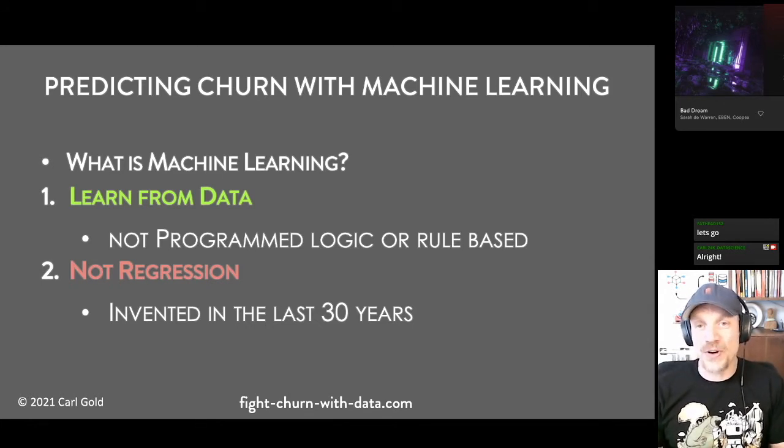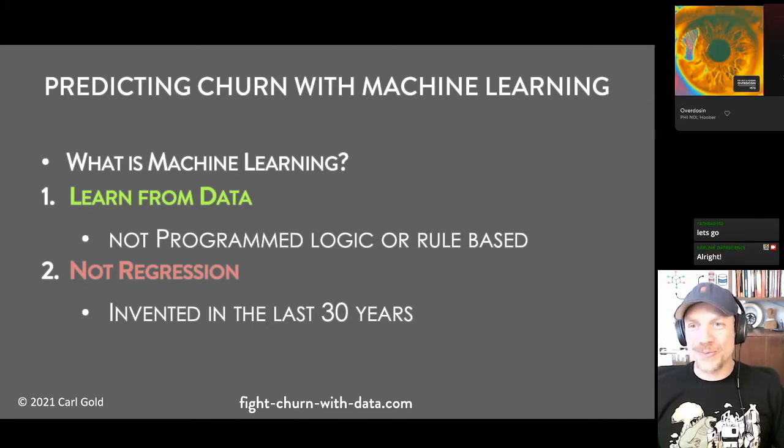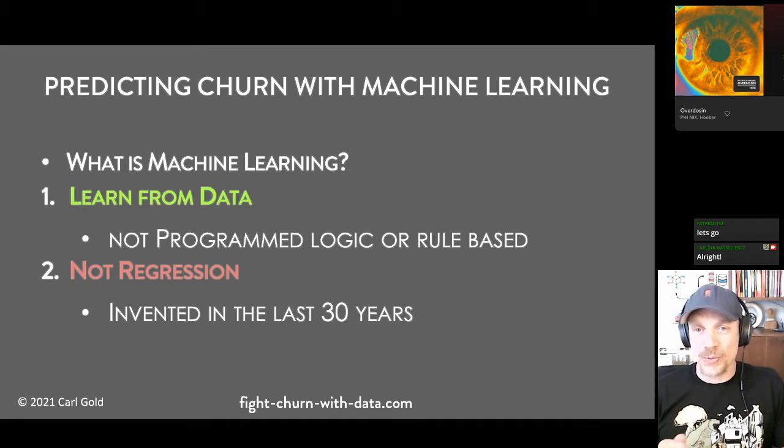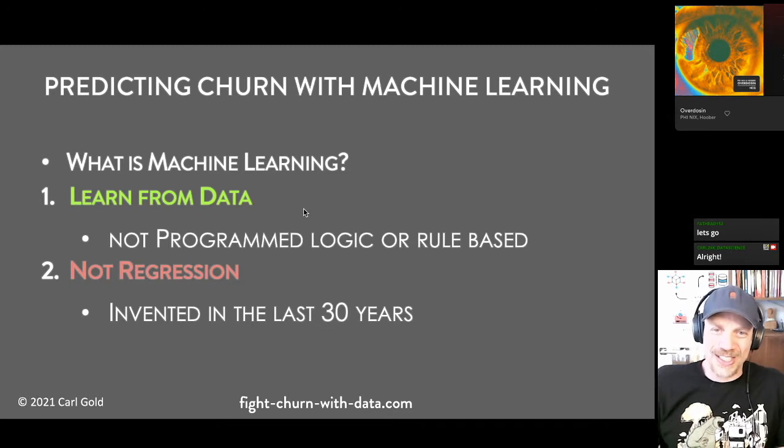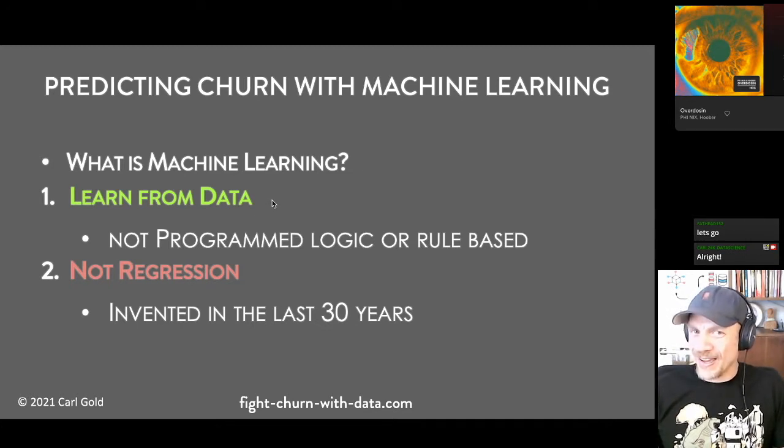Logistic regression has been around for decades. Even the version of logistic regression that I taught in the stream, which is ridge regression, that's a more recent and advanced kind of regression. But it also, I believe, is around 50 years old. Now, XGBoost, I think, is just around 10 years old, and that's what we're going to be learning yet. So that's just what is machine learning. And why do you use machine learning? Well, I'm not showing it here, but it actually will tend to make predictions more accurately for you. So, good reason. All right, there's no response on the chat to my explanation of machine learning versus statistics. I guess people consider that an okay answer.